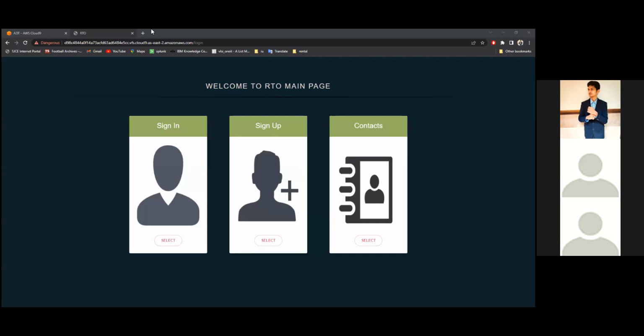Our team is presenting an application named RTO Management. As we know, thousands of vehicles are registered every day, unlike the US. In India, most of the work is done offline in the RTO office, which results in a prolonged wait to get the license. To tackle this issue, we have built this web application where the admin can enter the details